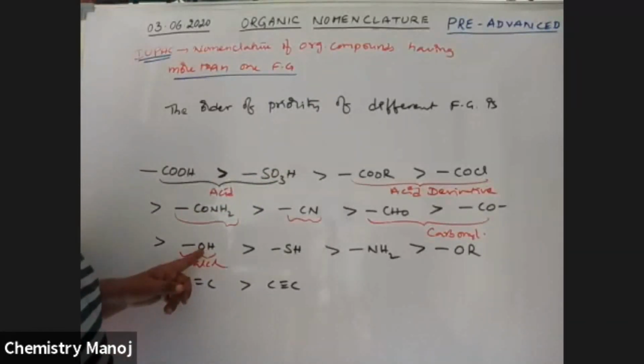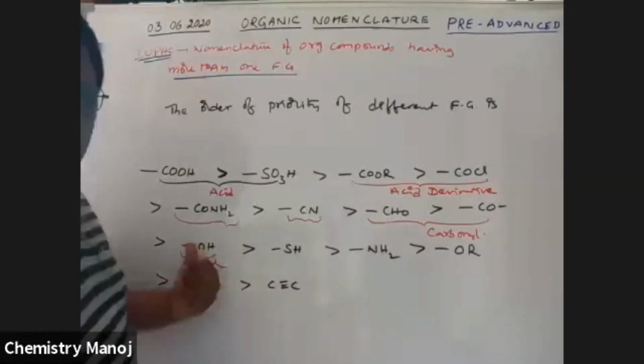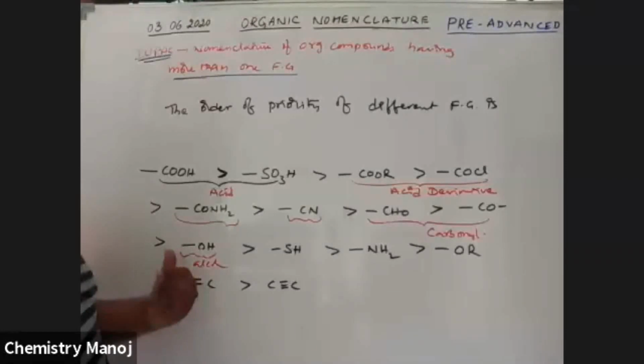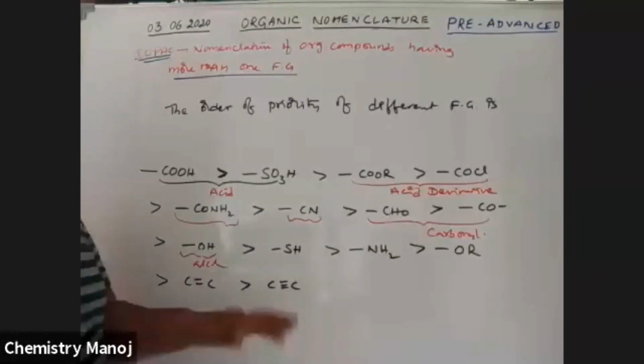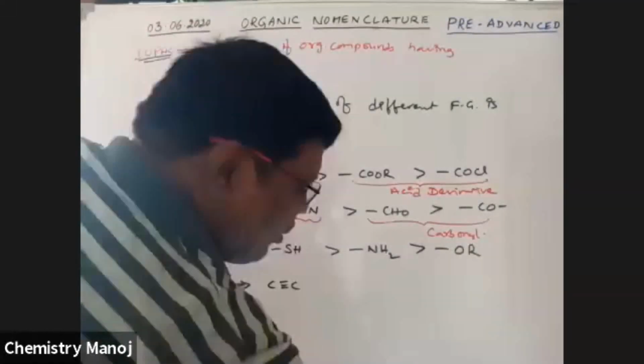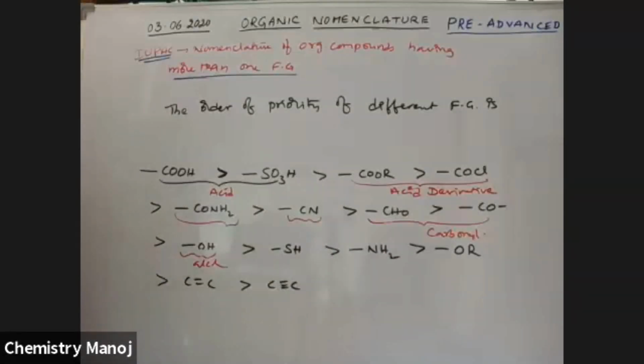If only this one is there, that is secondary suffix. If OH is along with the CHO, this is substituent. That means all these functional groups act as both the primary suffix as well as secondary suffix. So you should know the word used if it acts as secondary suffix, and what word is used if it acts as a substituent. Amines, generally amines. That is sufficient.